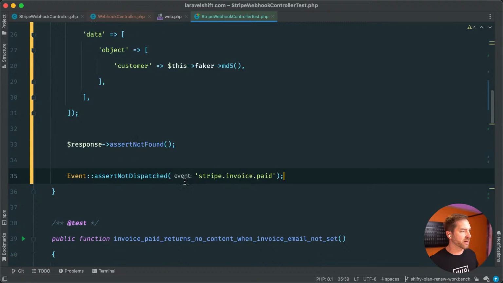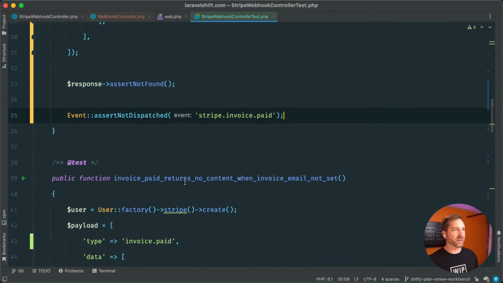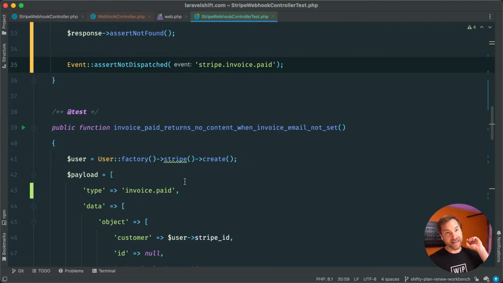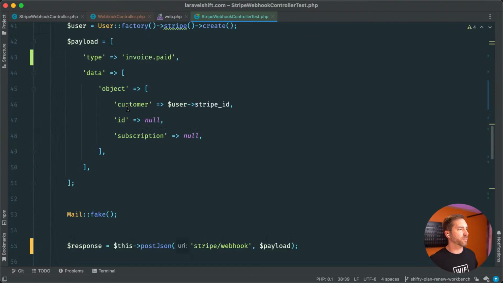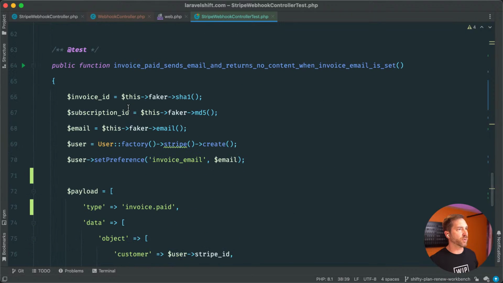So that's been updated, but it's not really proving anything because we're not firing off events anyway. So this is the one that's actually going to drive out the code. So assert paid returns no content when invoice email not set. Now this is specific to the current implementation, so we really want to move this to its own test. All right, so we're going to leave that alone. Invoice paid sends email, same thing here. I'm going to kill this so we can run this whole thing,